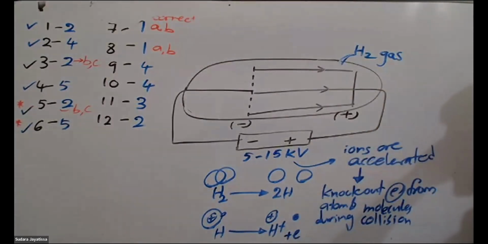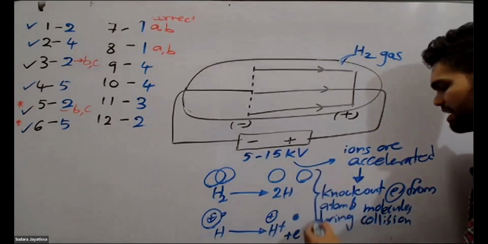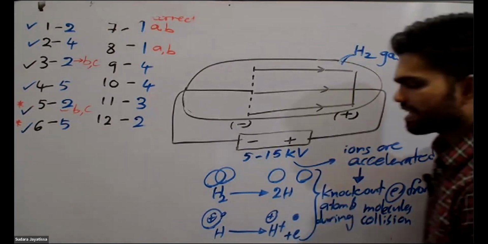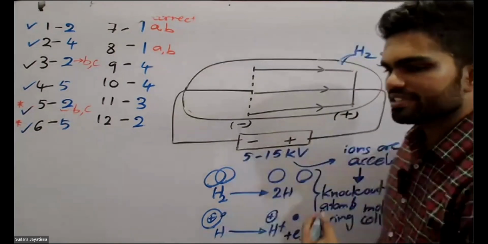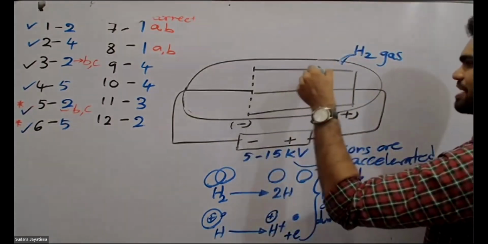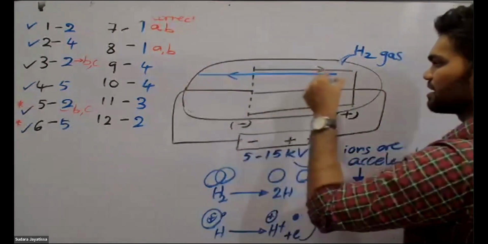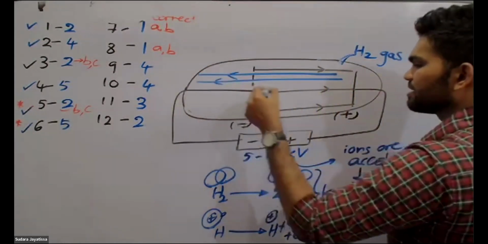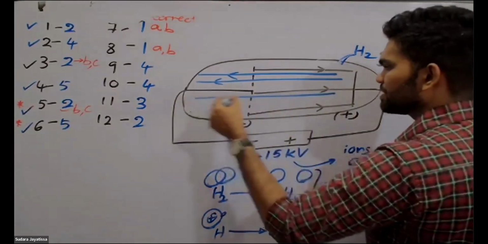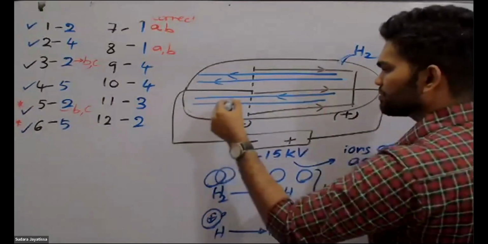So like that, electrons will be removed from atoms. Okay, so this is what I said here. Basically that's how the positive rays are created. Within the medium, these positive rays are generated and they will come towards your cathode. But if the cathode has some perforations, they will pass through the perforations